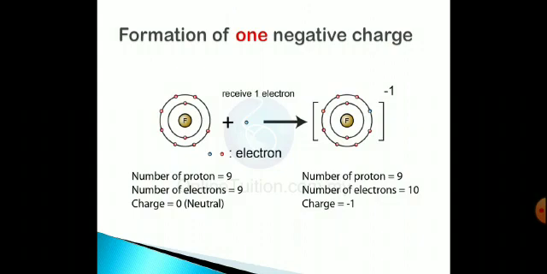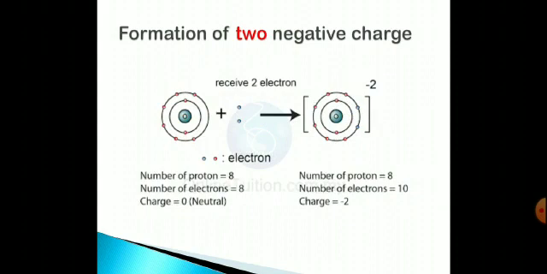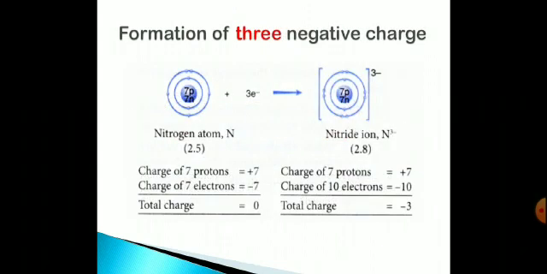If an atom gains one electron, it gives it one negative charge. Example is formation of fluoride ion. If an atom gains two electrons, it gives it two negative charge. Example here is oxide ion. When an atom gains three electrons, it gives it three negative charge. Example is nitride ion. So, cations are positive charge, formed by loss of electron, and anions are negative charge, formed by